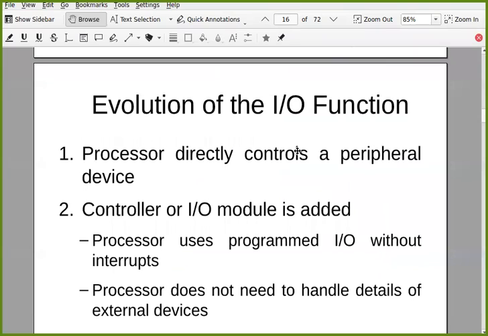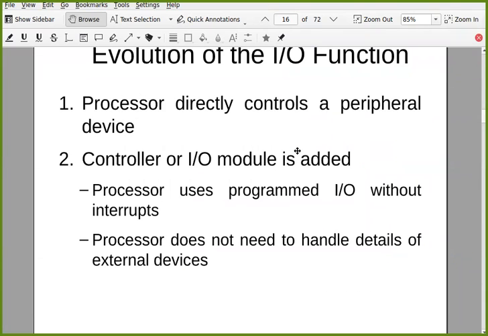Now, how did this IO function evolve? It means how it started and where it is right now. Initially, the processor was directly controlling a peripheral device. All IO devices were handled by the processor only, be it monitor, keyboard, mouse, whatever.